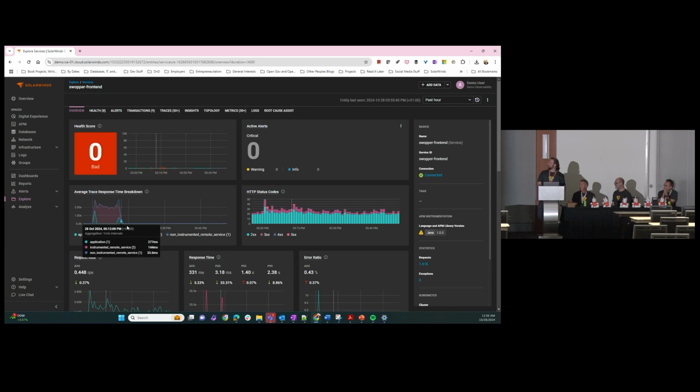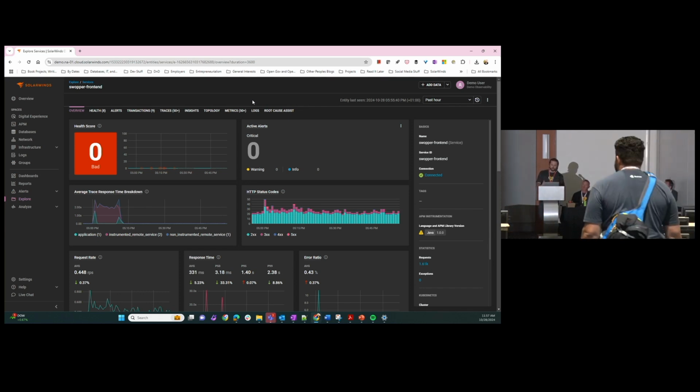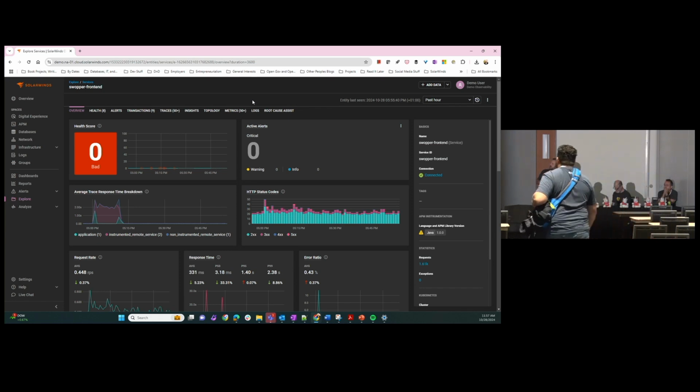Apologies here, a little small, but when the instrumentation gets added to the application, we're going to be able to pull out a variety of metrics, primarily focused on things like request volumes, response times, and error rates. We will automatically split a given application or service into transactions, as well as be able to provide some high-level insights